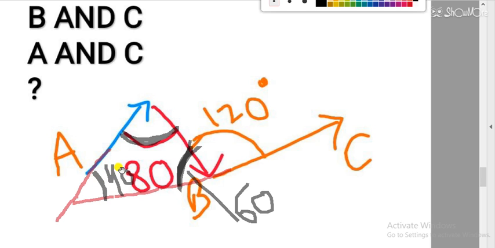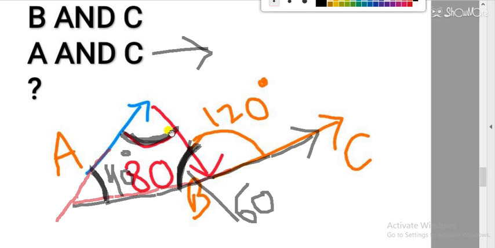So students, you can check the angle between vector A and C. We have to make a triangle like this, move C backward, and then check this angle between A and C. It is a very good question. This angle is 80, this angle will be 180 minus 120, so it is 60. The sum of the three angles in a triangle is 180. 80 plus 60 is 140, and 140 plus 40 is 180. So the angle between vector A and C is 40 degrees.